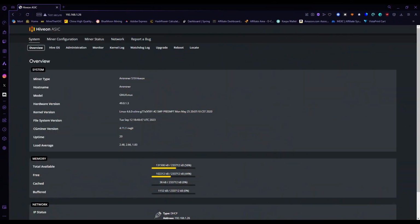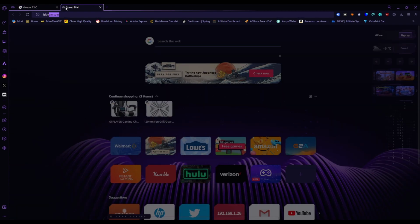All right, we are over here on the computer. Now, the first thing I am going to point out is that I have the Hive OS ASIC firmware. This is the Hive OS, so I can watch it from my phone and stuff. So it is not going to look like this if you buy a brand new ASIC miner. If I were just to pull up a Bitmain S19,